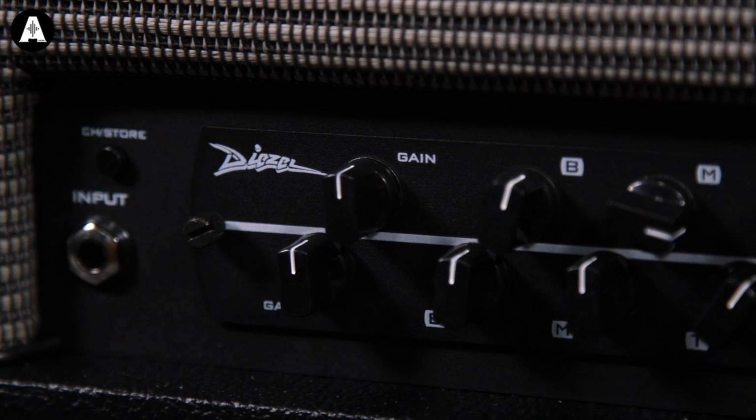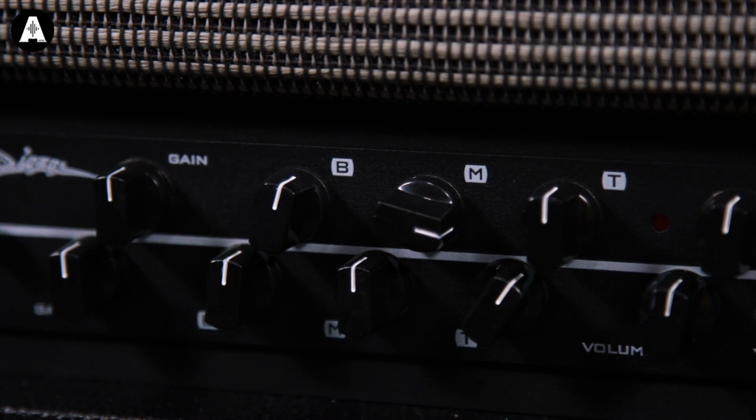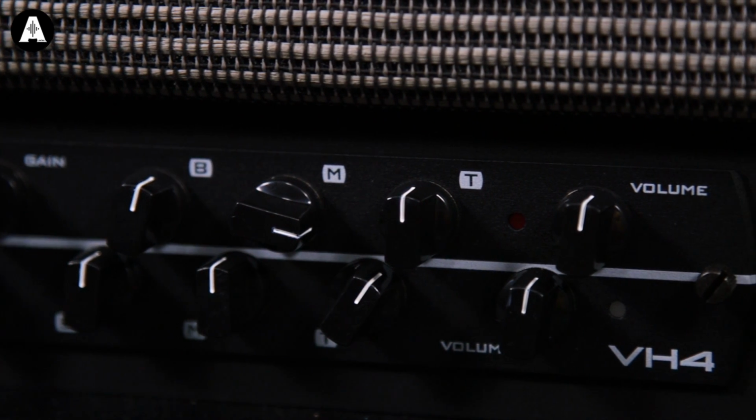Right, so this is all set to 0 currently. First channel, we've got the Diezel VH4 module, which is, as far as I know, an absolute behemoth when it comes to...